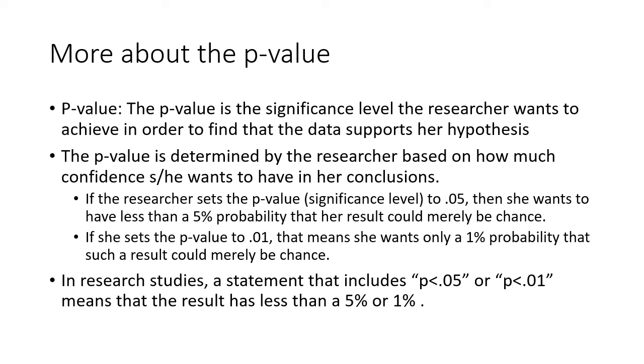So if the researcher sets the p-value or the significance level to 0.05, then she wants to have less than a 5% probability that her result could just be by chance. If she sets the p-value to 0.01, she wants only a 1% probability that she could get such a result by chance. So just to put this in terms of our dice roll, we all know that it would be